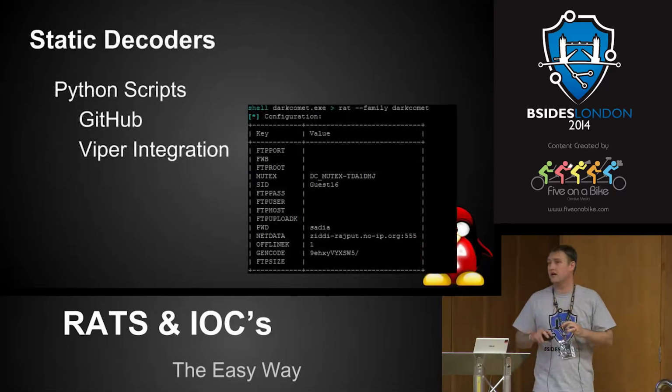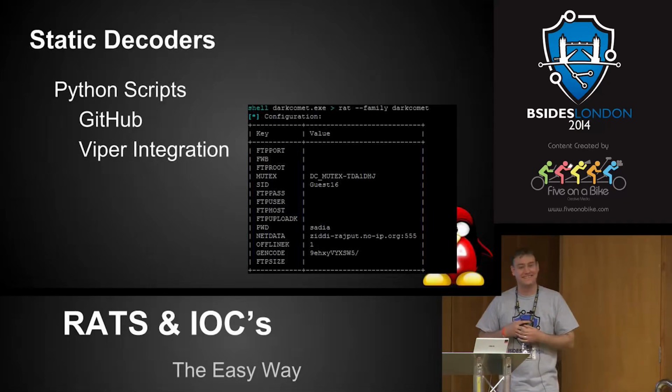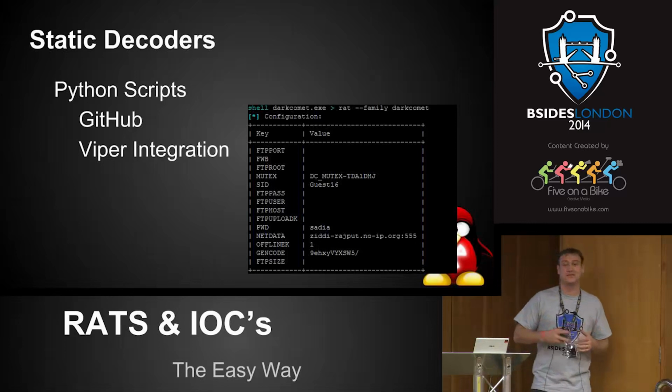The other thing I've done, is there anybody who does reverse engineering in here? Really isn't my crowd, is it? Sorry for those of you I'm boring. So,